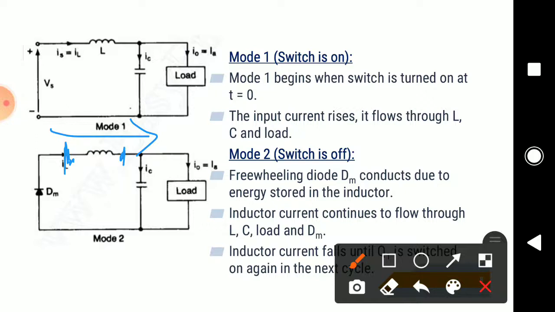Now, which is the higher potential over here? Your higher potential is this particular point. Now, what will be the voltage at this particular point? You can see over here when your diode is conducting, in the case of an ideal diode, the voltage will be 0. Okay, so over here you can see that this is the ground. So at this particular point your voltage is 0, and on this other point, if you are checking the load, your voltage will be Va. So the voltage across the inductor during this time period will be 0 minus Va.